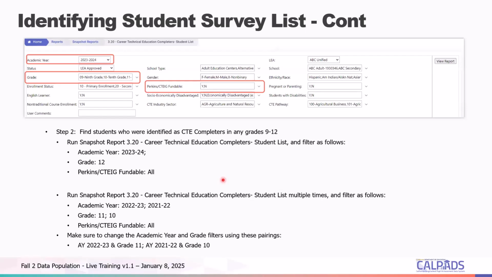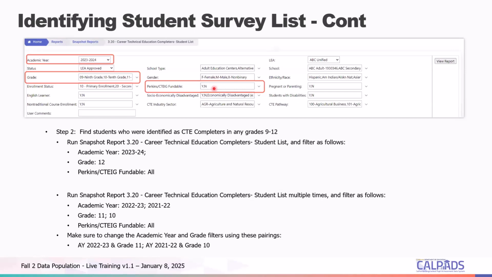Now for the 3.20, again, pick academic year 23-24, pick the grades, then make sure that your Perkins CTEG fundable is set to all or Y/N/N, because there are times where a student may be in a course that is not taught by a CTE credentialed teacher.